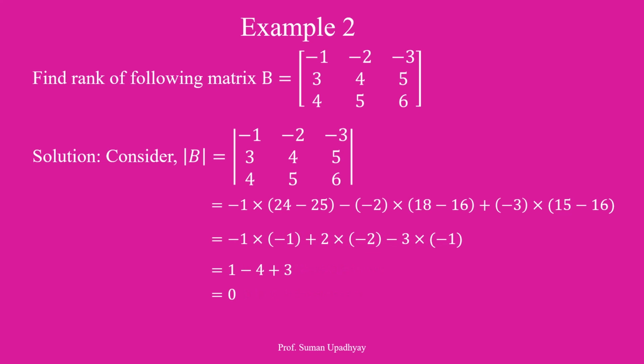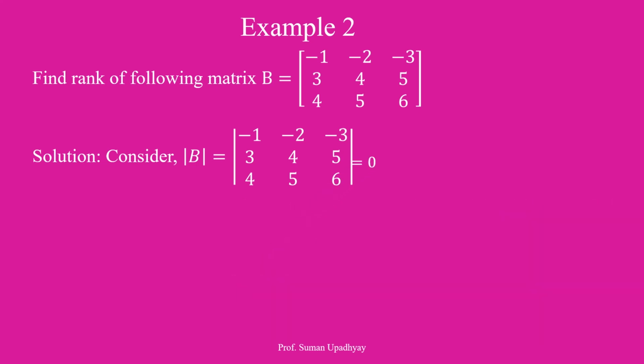So the largest square which was possible in a 3 by 3 matrix was 3 by 3, and it is vanishing. So from this, the rank of the matrix is definitely not going to be 3, because we got a square matrix of order 3 by 3 and it is vanishing. We want the non-vanishing largest square, so the rank cannot be 3. Therefore B is a singular matrix.